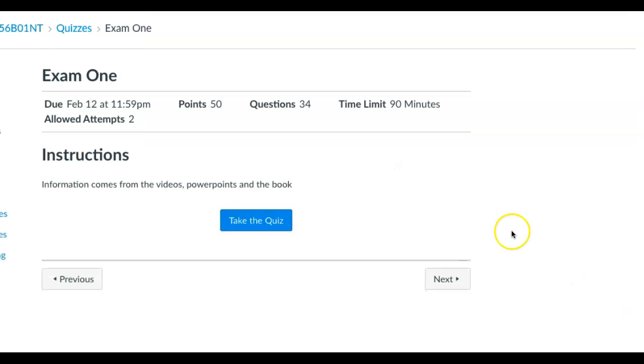And then exam 1, it's 50 points, 34 questions. And so it really is based off the So Much More Than ABC's book. So go back through that. What you've highlighted, go back to our discussions through our videos, and that's where the quiz is going to come from. You are allowed 2 attempts of it. So that's going to be week 5,